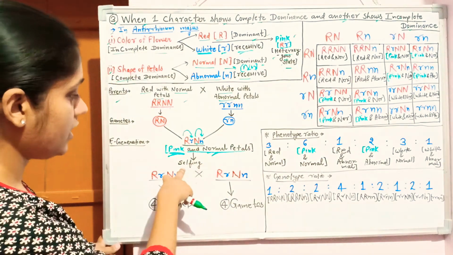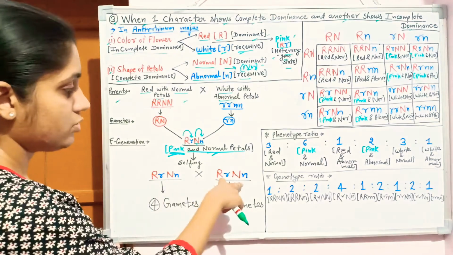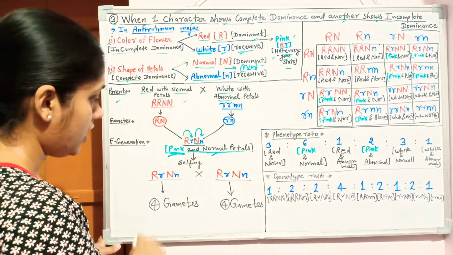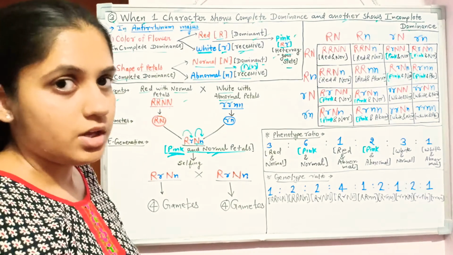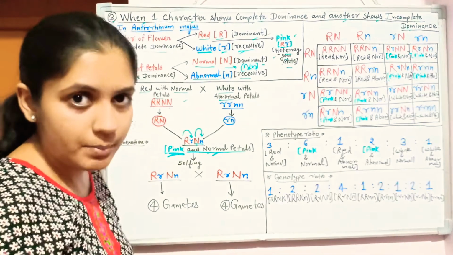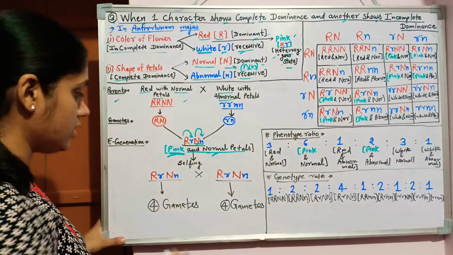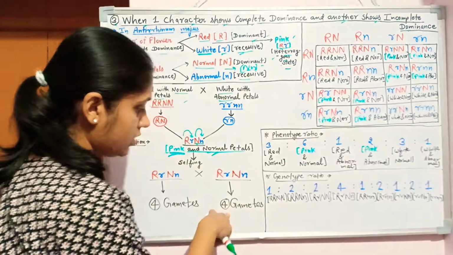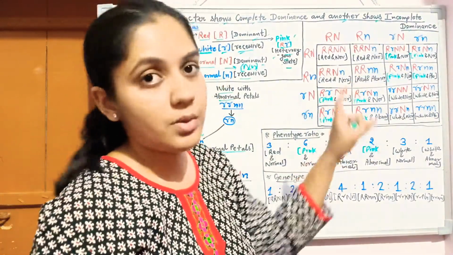Then we will do the selfing. I have already discussed selfing, and both genotypes are the same. Then we will form the gametes; I have already discussed in the previous videos how to form the gametes. Four gametes are formed because there are two heterozygous genes: four gametes for this genotype and four for this, so a total of 8 gametes are formed. Then we will form the checkerboard, the Punnett square.